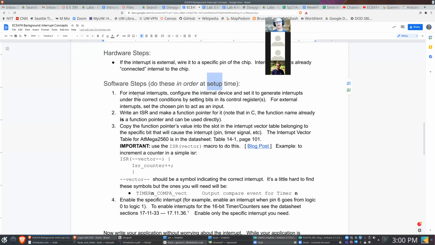So first, if we are using a timer, you've got to configure the timer, which you guys now know how to do. And so we've got to set its control registers so it generates the interrupts when we want it to, like for example, 1,000 times per second or 500 times per second or something. Okay, then we write an ISR. And now I'm going to explain